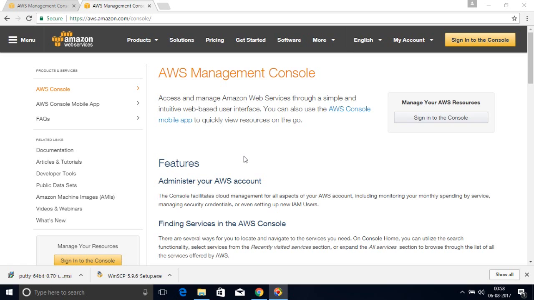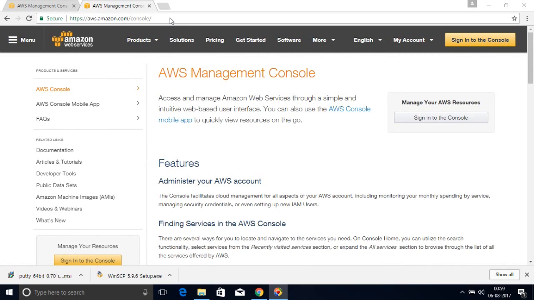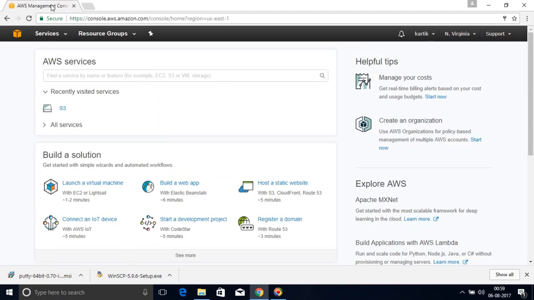So friends, if you have an AWS account, then you can just go to this website, aws.amazon.com console, and then you can click here, sign into console, and then it will ask you for a username and password, which you will give, and you will be logged into the AWS account. If you do not have an account, you can just create one. It is free for 1 year, so you can create one and then log in. I am already logged in, so let me go to this login page, and this is the home page which is appearing right now.